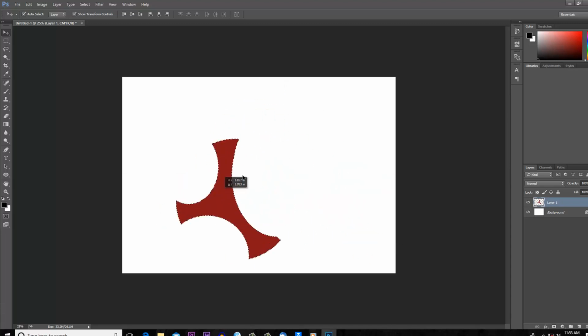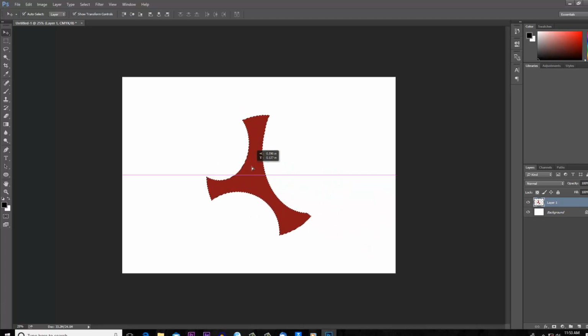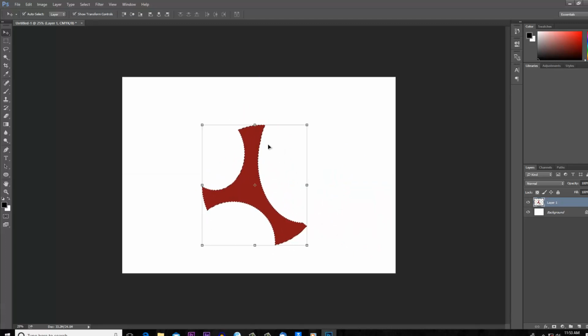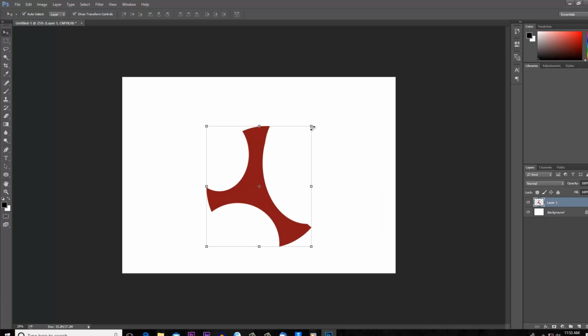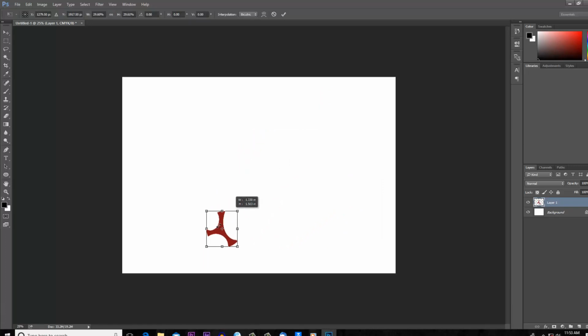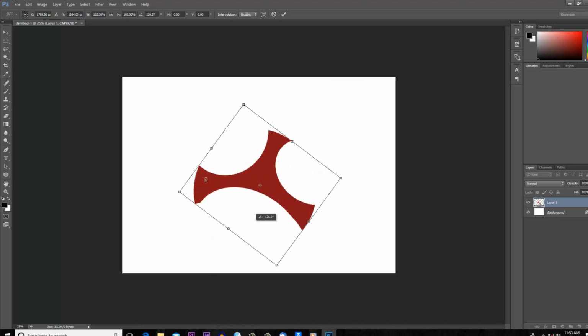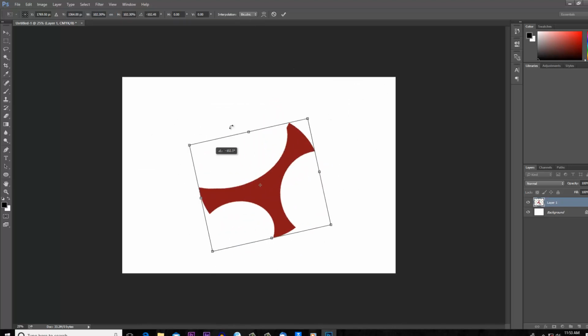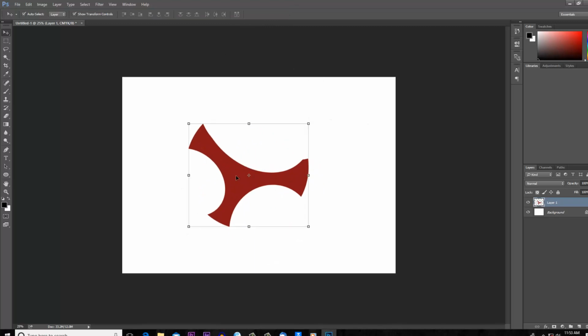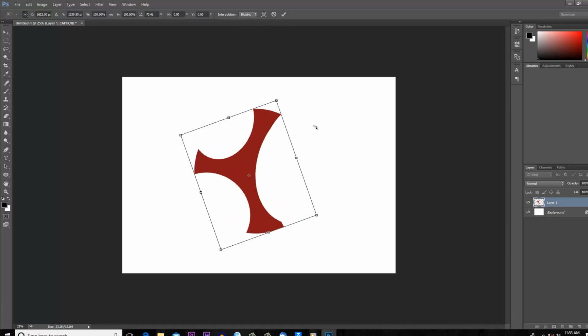Now it is on its own layer, so we have created an object. Next, press Ctrl D to deselect. Now you can transform this, rotate it just like how you rotate shapes, and do whatever you want with it. Now you have created your own custom shape using the elliptical marquee tool.